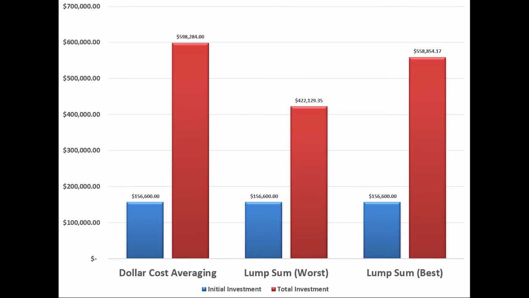What really gets crazy is this third scenario. So the person that lump sum invested and timed the market perfectly and put their money in on the 30 best weeks the S&P 500 ever had over the last 30 years finished with $558,000, which again is not bad, but they lost to the person that dollar cost averaged into the market. So when you actually break down the numbers, it shows dollar cost averaging is the way to go, and that's why I believe in this strategy.